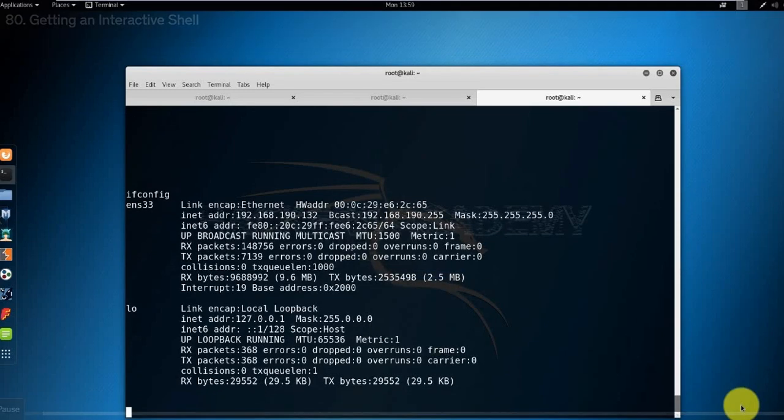So now that I have root access, I don't need to be escalating my privileges. I'm already root. However, like I said, the mission does not stop here. I need to find the database of credit cards and dump the information of the credit cards and move it to my Kali machine. Now, the fact that I don't need to escalate my privileges is all well and good,